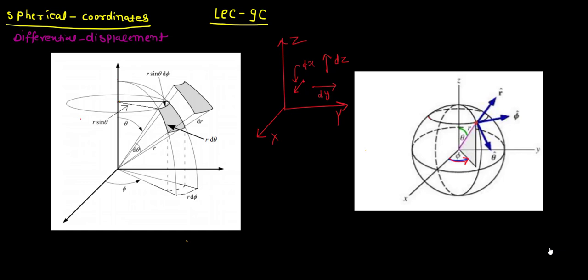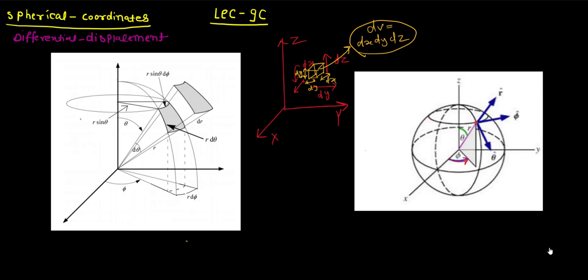Now let's look at the volume element. Whenever we are considering any small volume in the xyz or the Cartesian coordinates, let's say this is our small volume element. Okay, and the volume of this small element, we represented it with dx, dy, dz, or I would not say we represented. If you calculate the volume of this very small volume element, then you will find the volume of this small element dV is equal to dx dy dz, because the height is dz, this is dy, and into the direction of dx.